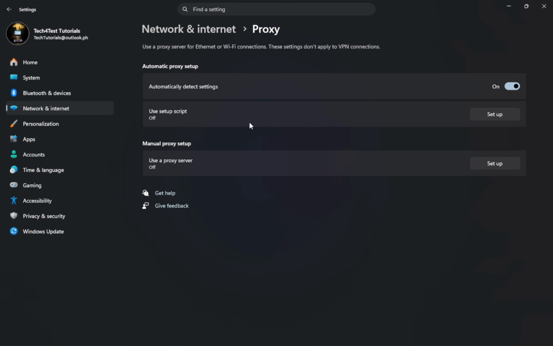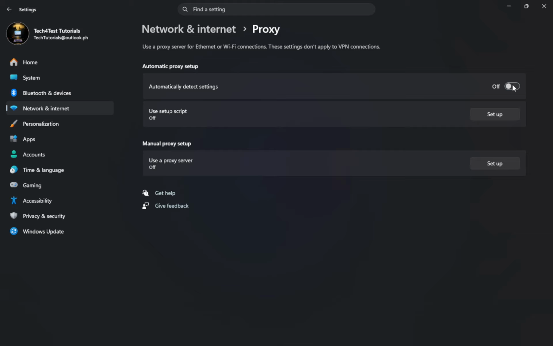On this screen, you'll see two main ways to set up a proxy. First, automatic proxy setup, which is common in schools and workplaces. If your network uses automatic detection, turn on automatically detect settings. If your IT team provided a setup script, sometimes called a PAC URL, choose the option to use a setup script and enter that address exactly as given. Don't guess the URL. If you're unsure, check with your network administrator or service provider so you don't break your